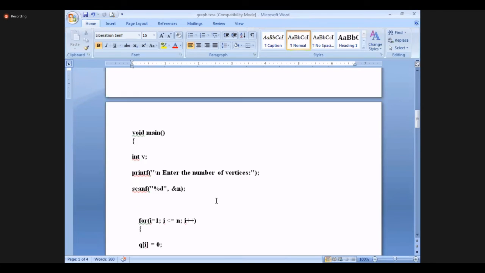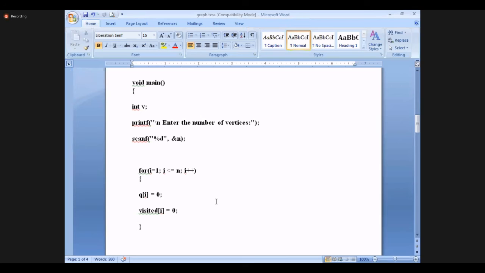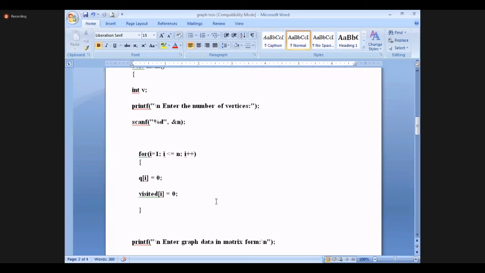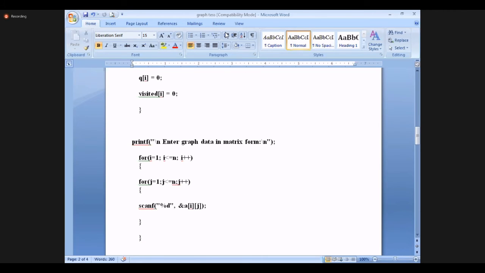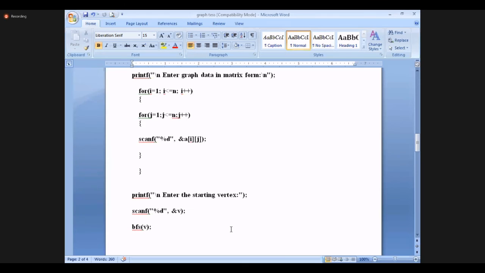Okay, so this is the way of writing. The main program will take the number of vertices, and then we'll make the queue and visited arrays 0 by default, and then we'll ask the user to enter the edges, and then the starting vertex, and then we'll go to the BFS function.